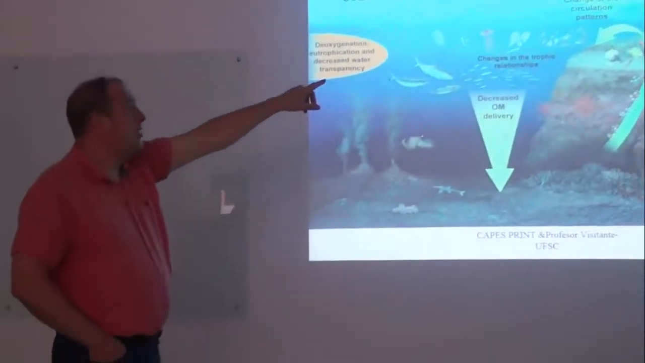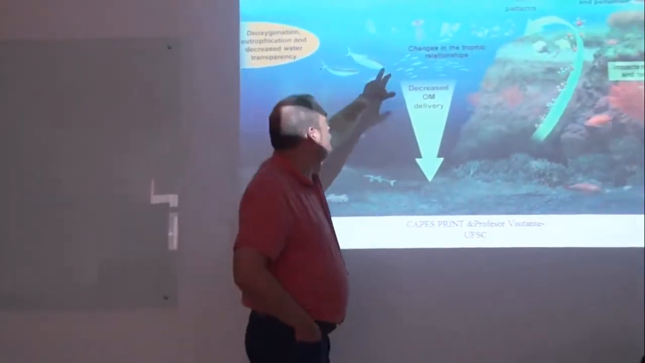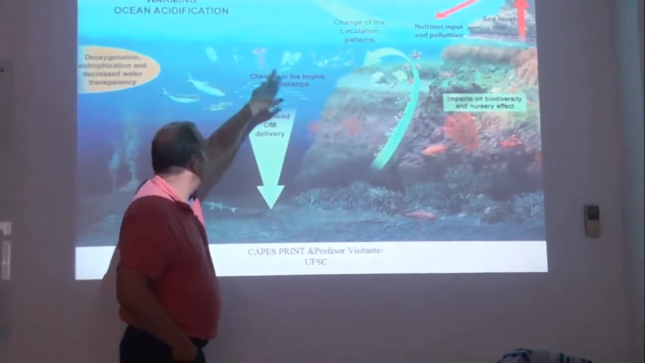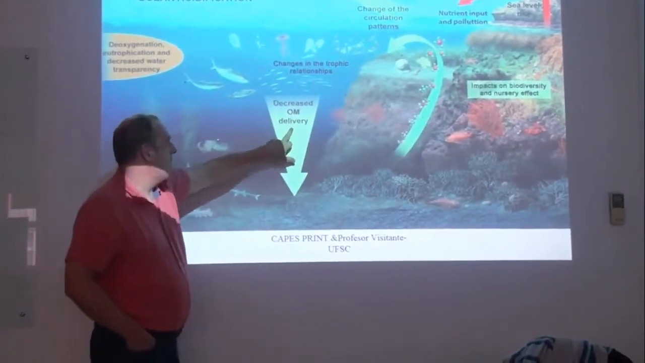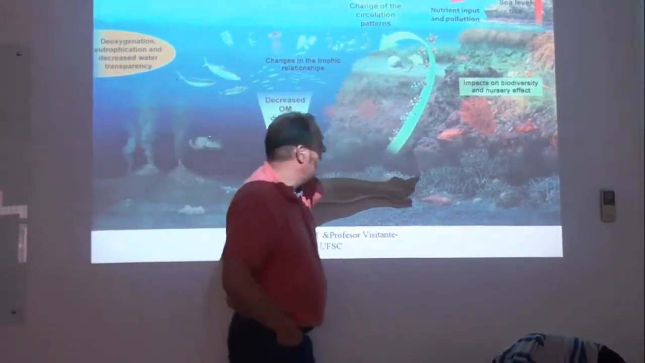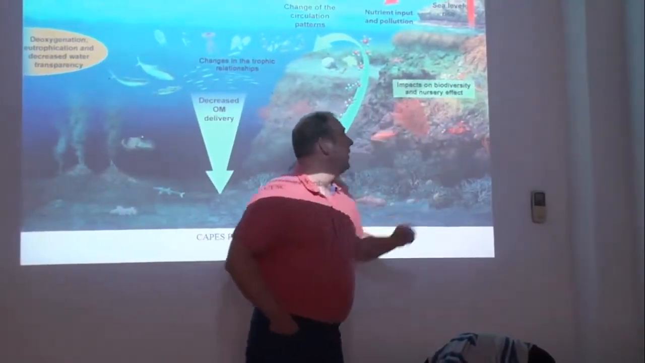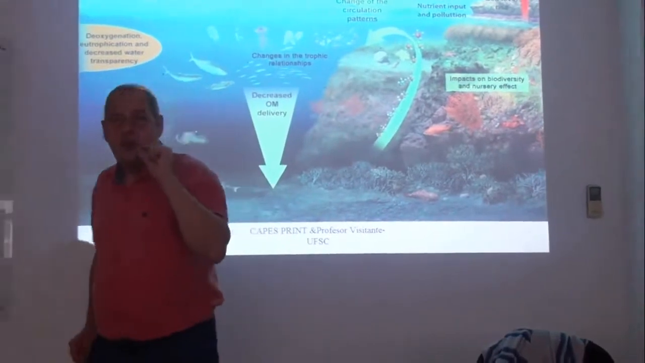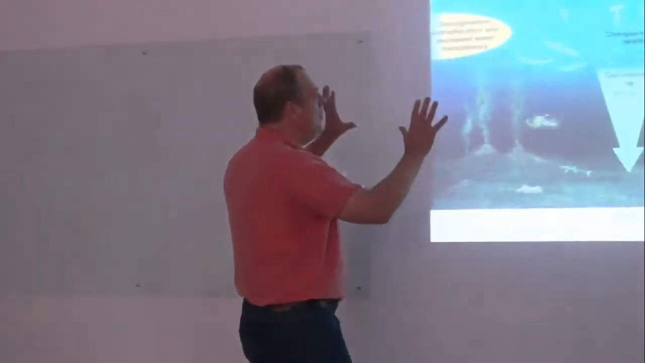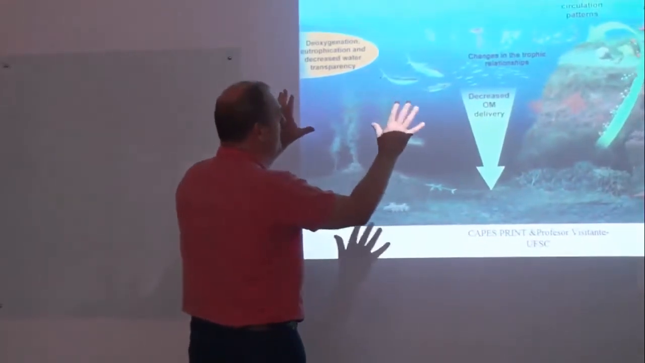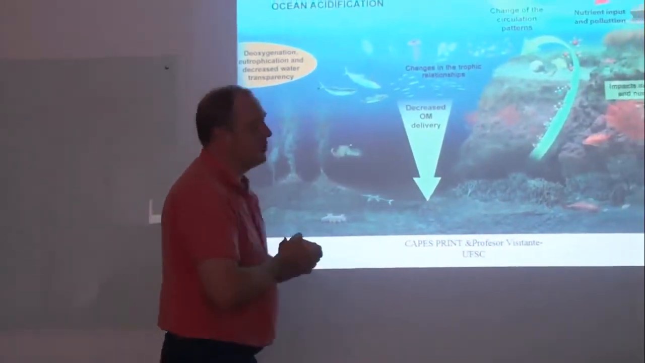Nutrient input and pollution, sea level rise, deep changes in the trophic relationships in the water column, but also in the benthos, decrease in organic material delivery to all these structures, and impacts on biodiversity and nursery effect. We will try to resume very quickly, I don't want to give you a huge talk now, how we are trying to fix all these things, or most of these things, with the projects that we are trying